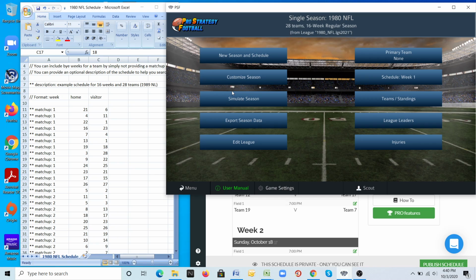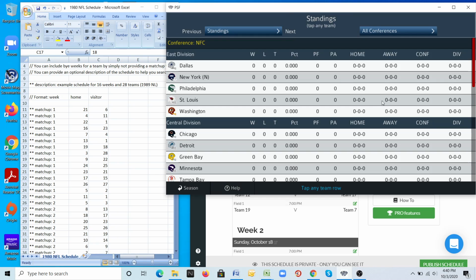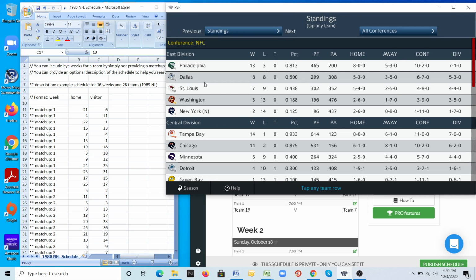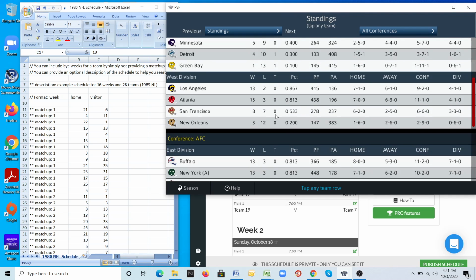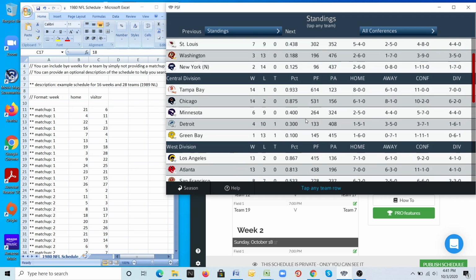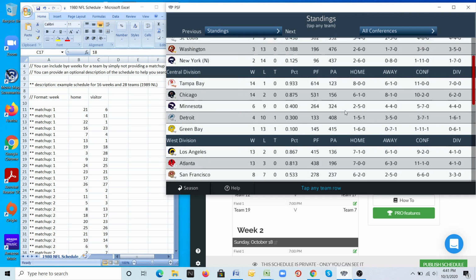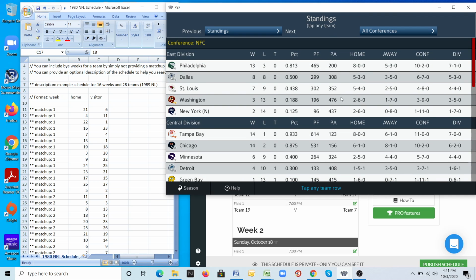Now, even if you sim it, I'll go ahead and sim it, just regular season. Again, this is 1980, but these teams aren't created, so don't anyone who's a fan of the 1980 season say, well, that team wasn't that good or bad. The information's not entered in yet. So what you can do is also sit here and count. Okay, that's 16 games, 16, 16, 9, 7, 7, 9, 3, 13, 2, 14, etc. And then I would also count home and away,